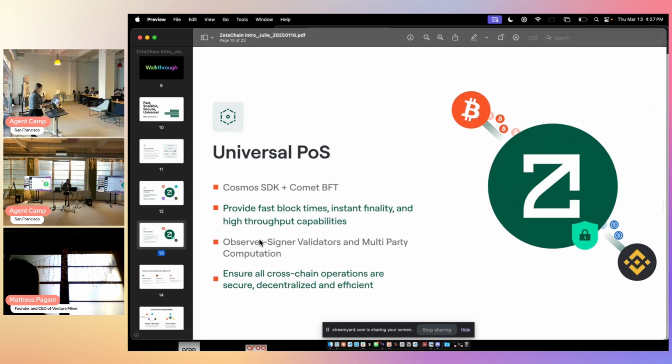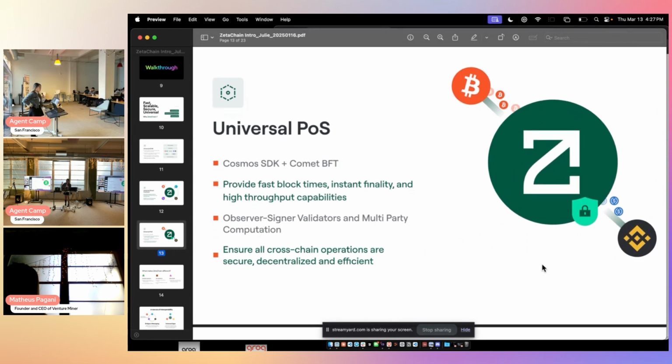And how do we ensure security? On the tech side, we use the Cosmos SDK and CometBFT, which provide faster block times, instant finality, and high throughput. The TSS is more like an observer, signer, validators, and multi-party computation.